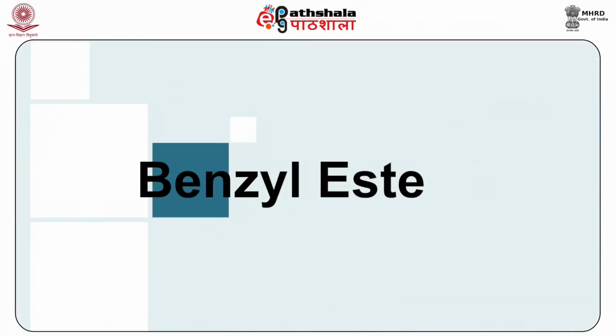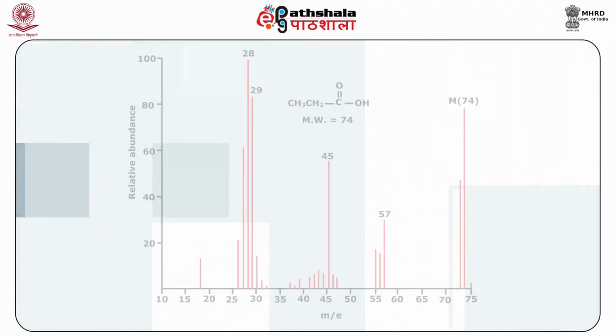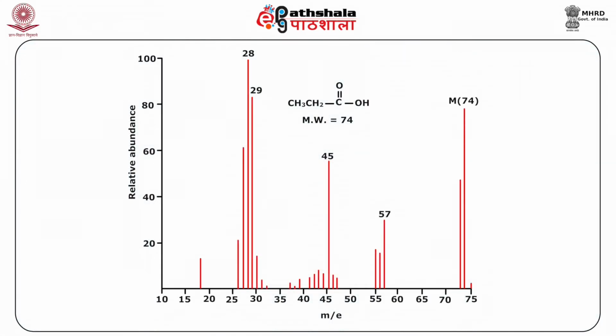Now, we will move our discussion to carboxylic acids. Aliphatic carboxylic acids have weak but still observable molecular ion peaks with M-17 and M-45 peaks also. Aromatic carboxylic acids show strong molecular ion peaks. In short chain acids, alpha cleavage on either side of the carbonyl group leads to the loss of OH and COH moieties. The m/z peak at 45 is due to the loss of COOH+ ion.